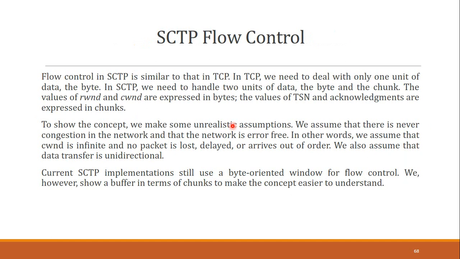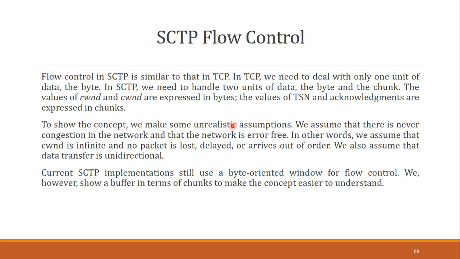The next topic that we are going to start is SCTP flow control. Of course, we did discuss UDP flow. For UDP we did discuss three things to be precise. Then for TCP also we did discuss three things, that is flow control, error control and congestion control. Similarly, over here we are going to start with the discussion of SCTP flow control.